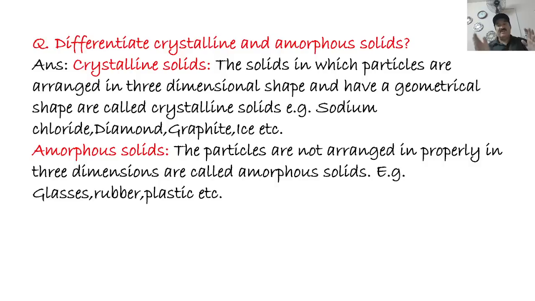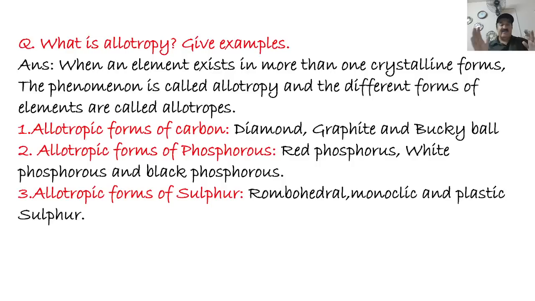So if the particles, meaning atoms, ions, molecules, are not arranged in three-dimensional space, those substances are called amorphous because they have no geometrical shapes and they are shapeless. Examples are glass, rubber, plastics, etc. The next question is also very, very important, and that is: what is allotropy, and give three examples, right? So when an element exists in more than one crystalline form, the phenomenon is called allotropy,